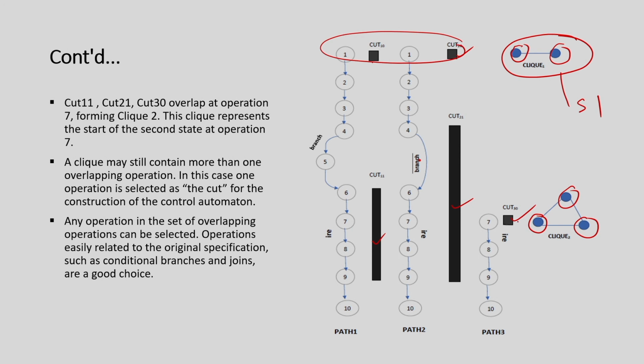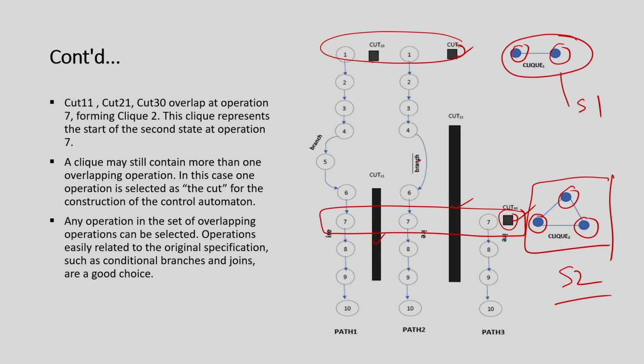I have these 3 carts and you can see they form a clique. This is a complete subgraph of 3 nodes. So, if I just add one state here, that will satisfy all these constraints, right. And what will be the state? You can see I can break path 1 anywhere between 6 to 9, I can break path 2 anywhere between 4 to 9, and I can break path 3 only at state 7. So, the common solution is state 7, right.